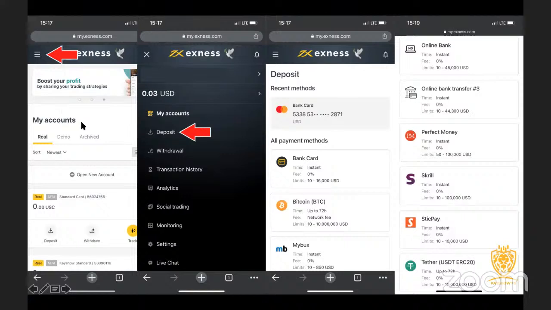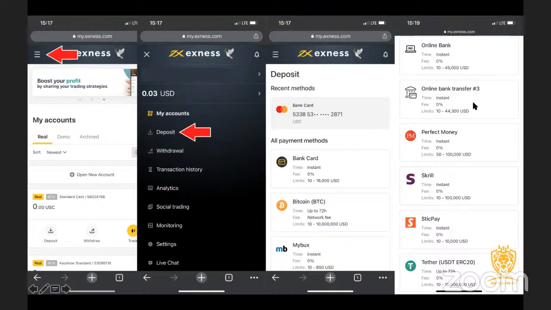So to deposit, you go to your Exness dashboard. You click here. You go to deposit. They have several deposit options, like I mentioned earlier on. You can see them right here. They have bank card, Bitcoin, Mobicash, Perfect Money, USDT, online bank transfer.